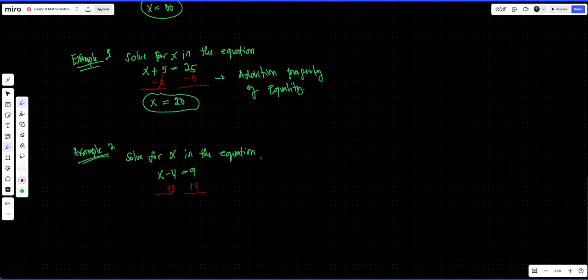So in this case, this is cancelled out. So yung maiwan na lang is si x and 9 plus 4 that is equal to 13. So this means ang value ng x natin is equal to 13. So this is also the rule of APE. Again, yung APE natin is yung tinatawag natin na addition property of equality.